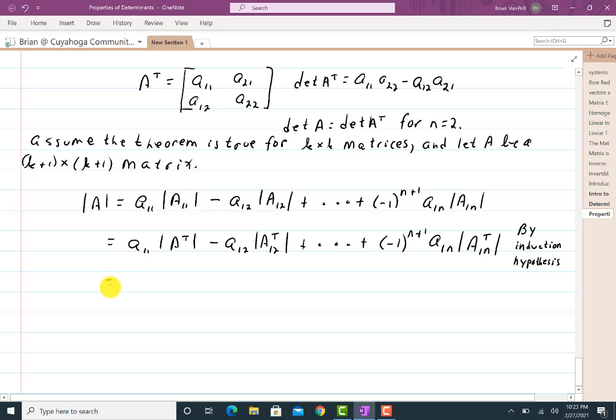However, this here is the determinant of A transpose. Because if you look at these here, let me put a 1, 1 in here. If you look at this, when you're considering the transpose, this is along the first column of the transpose. So this is expanded